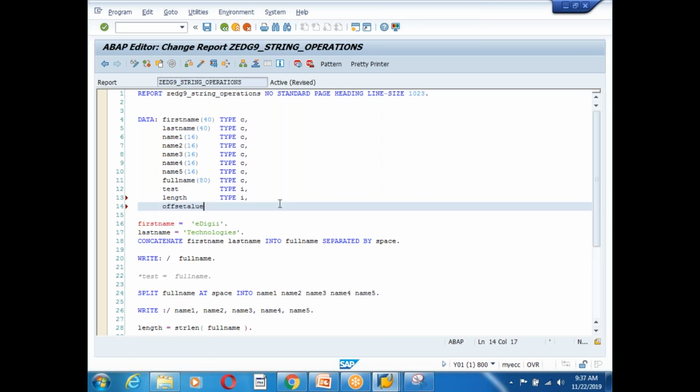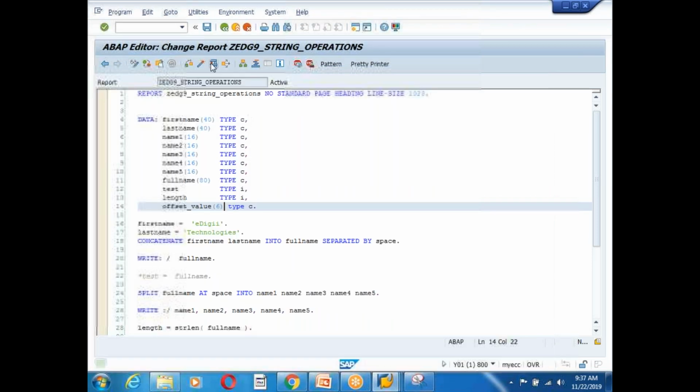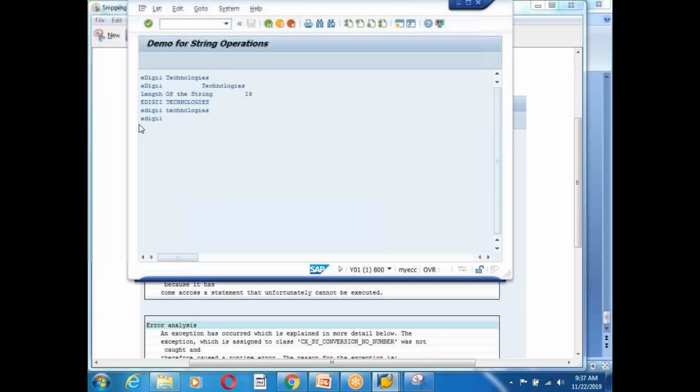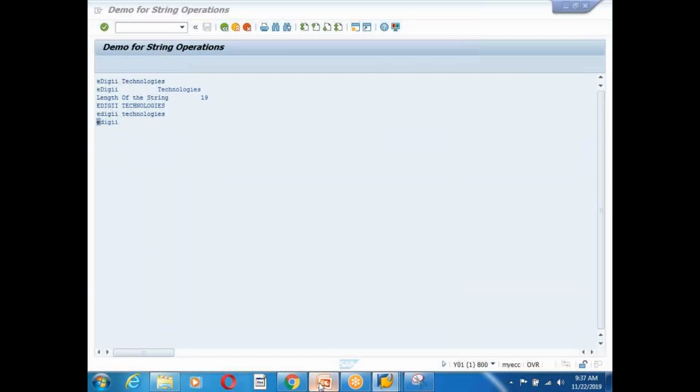Offset value, which is of type character. If it is a character, I need to read how many characters? 6 characters. I will define 6 as the length, then activate and execute. Now you can see the first 6 characters are the EDZ, guys, and the next one is